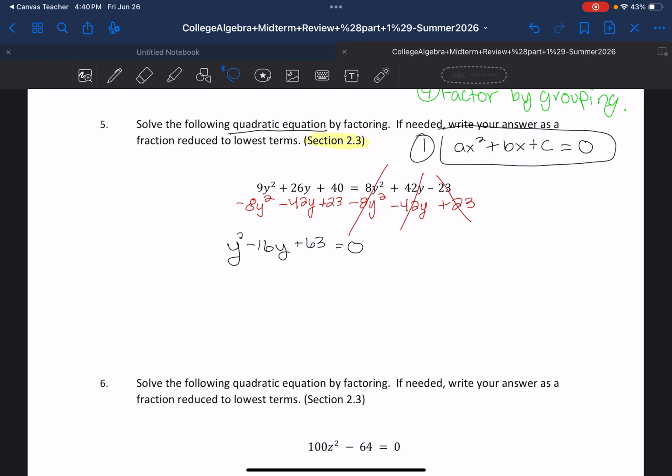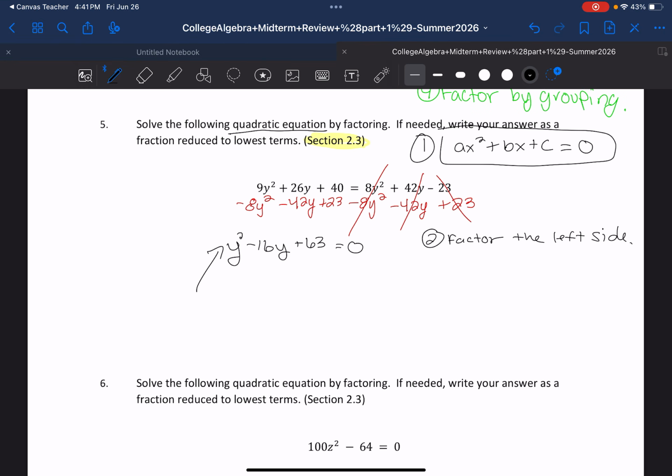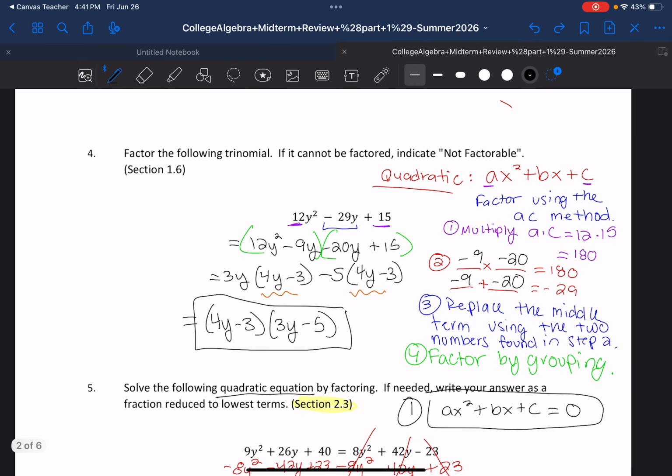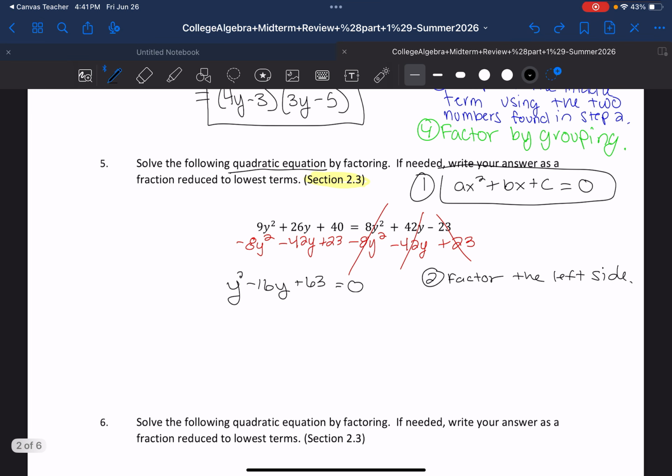Now step two, I'm going to factor the left side. Now, this is a quadratic, but a here is equal to 1. So when a is equal to 1, the process is a lot easier. You know, technically you could still follow this process I went over up here, but it is a lot more steps when a is not equal to 1, because here a was 12. So we had to do all of those extra steps. But when a is equal to 1, it's a lot easier. So first step